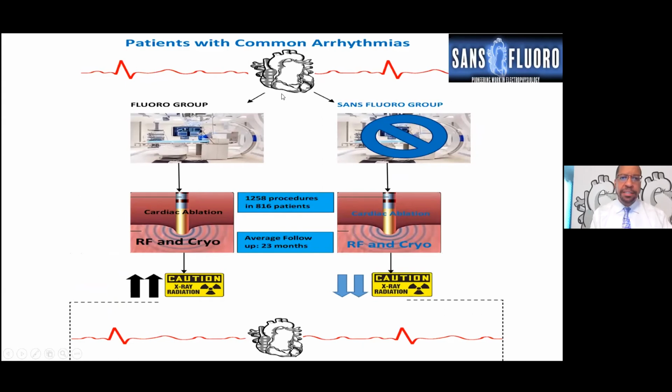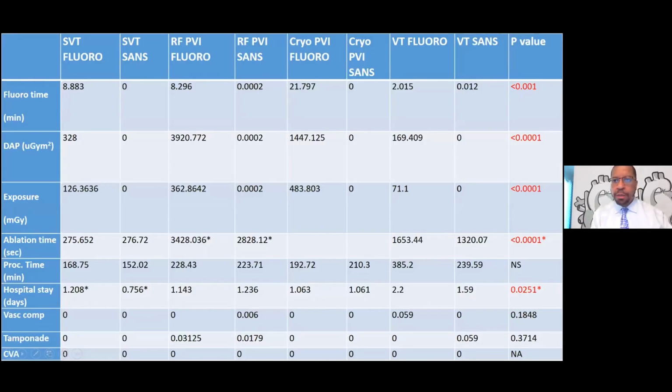When we looked at all the patients, we used our first 200 or so that we were still using fluoroscopy, and we compared them to ones that we used sans fluoro. And it wasn't cherry picking patients if they had devices or not. This was basically all comers. So it was a total of 1,200 procedures in 816 patients. We followed them up for 23 months, okay? And this is basically what we found. The main take home from this was that, whether you're fluoro, sans fluoro, SVT, VT, AFib, it did not matter. The fluoroscopy and exposure time was much less, as you would expect,